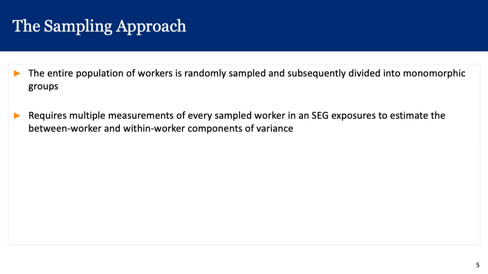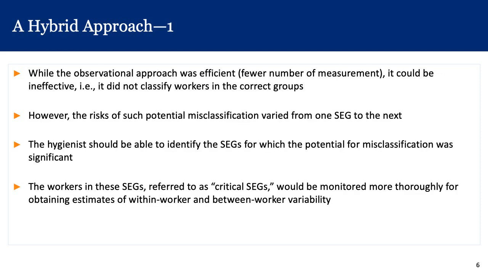In contrast, in the sampling approach, the entire population of workers is randomly sampled and only then divided into monomorphic groups, or what we refer to as SEGs. And this requires multiple measurements of every sample worker in an SEG in order to estimate both between and within worker components of variance. The two approaches, the observational and the sampling approaches, can be combined into a hybrid approach